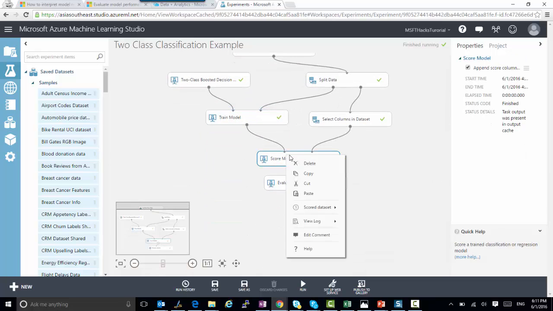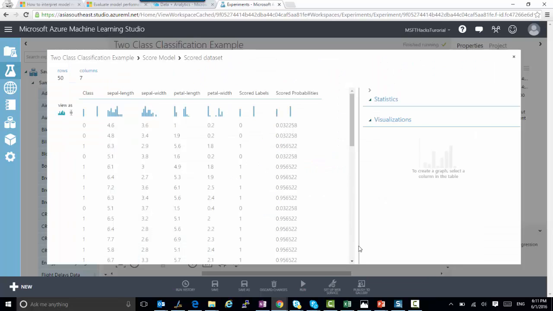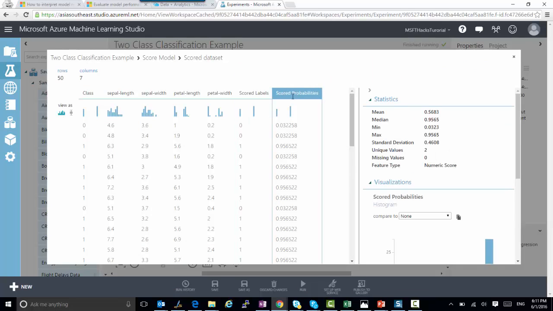Now if I click on score model and visualize the result, I will notice that 2 additional columns have been added, which means that for a 2-class algorithm, there will be 2 additional columns added. One is called scored probabilities, and the other is called scored labels. The scored label is determined based on the scored probability. So if the scored probability is less than 0.5, it will be 0, and if it is more than 0.5,